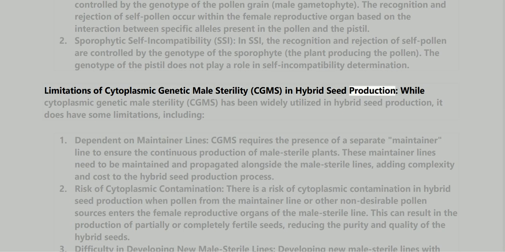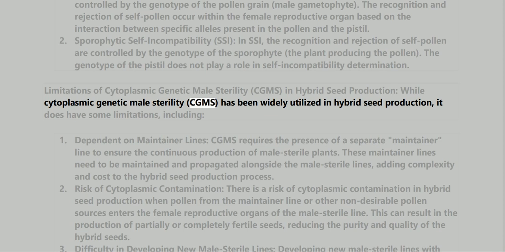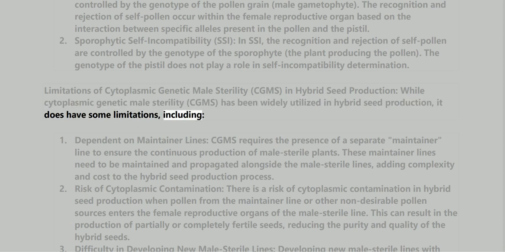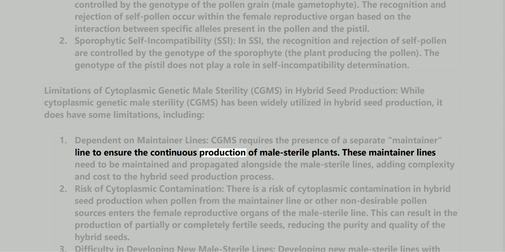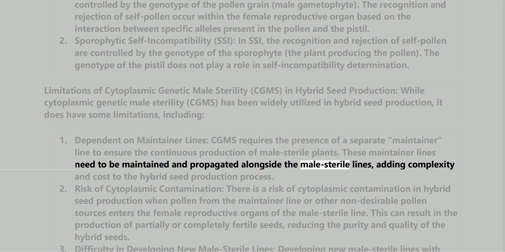While cytoplasmic genetic male sterility, CGMS, has been widely utilized in hybrid seed production, it does have some limitations, including: 1. Dependent on maintainer lines. CGMS requires the presence of a separate maintainer line to ensure the continuous production of male sterile plants. These maintainer lines need to be maintained and propagated alongside the male sterile lines, adding complexity and cost to the